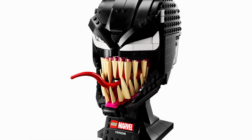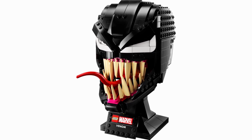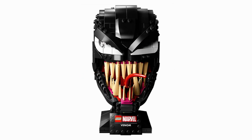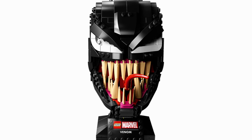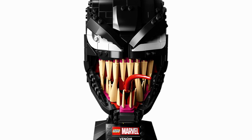There's so many cool details. You can even look very closely at the actual mouth of Venom, because we are going to go over Carnage as well after this one, and I think a lot of people are talking about how similar the two of them are, but if you really look, there's a lot of super cool details. Like inside Venom's mouth, you can see some saliva dripping inside of it,